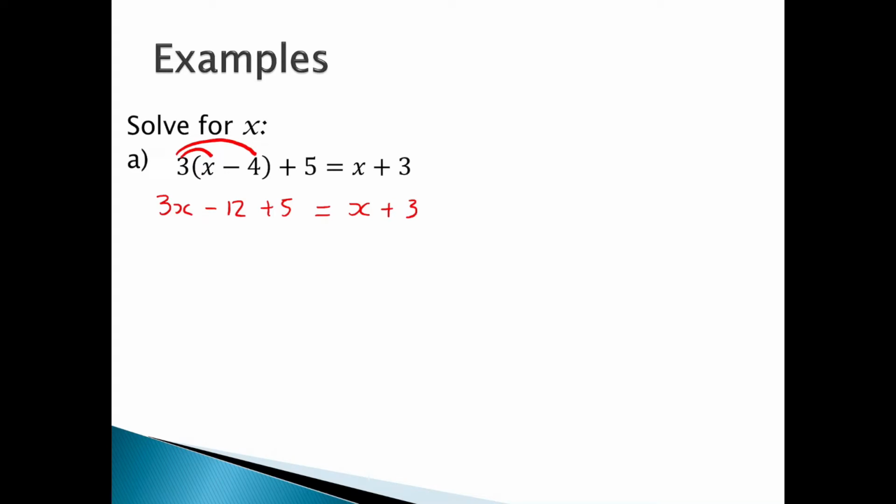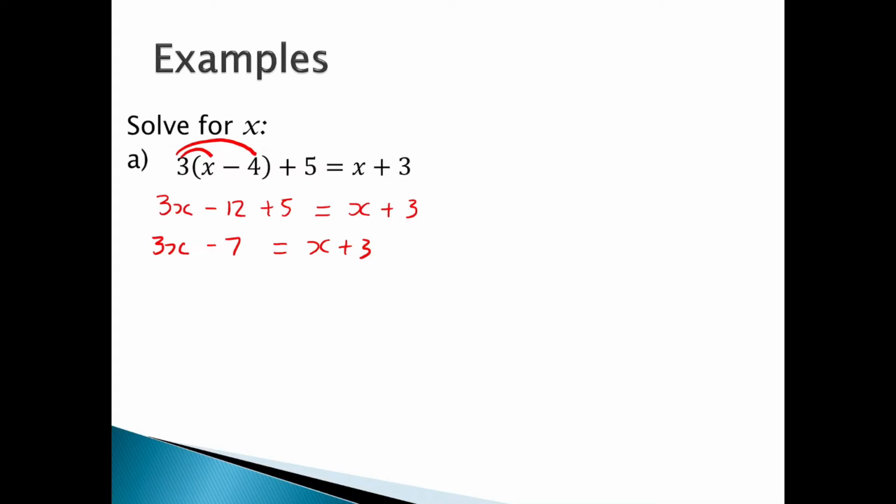Now, what I want to do here is I want to just consolidate quickly before I move everything over. What I want to do is I just want to say 3x, and then I want to tidy up my negative 12 plus 5. Okay, so my negative 12 plus 5 is going to give me negative 7 equal to x plus 3. Now that I've got that, I can move over my variable and my constant to the respective